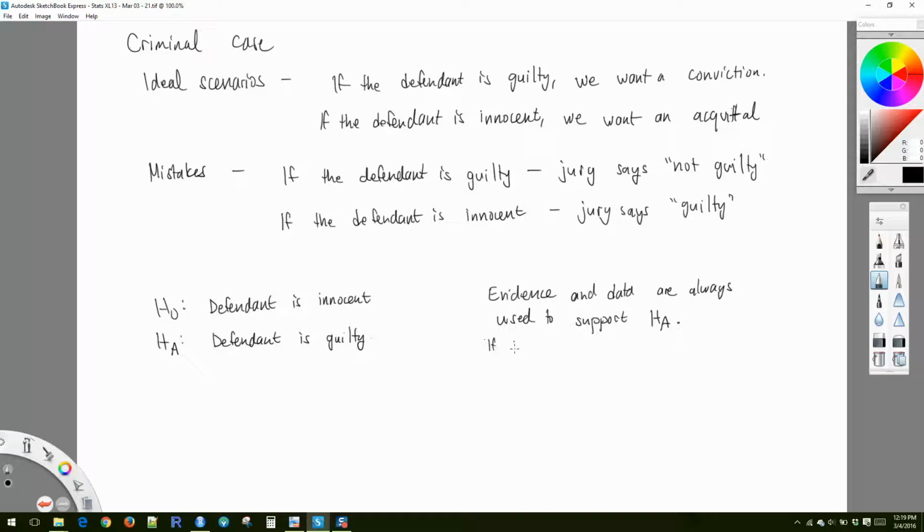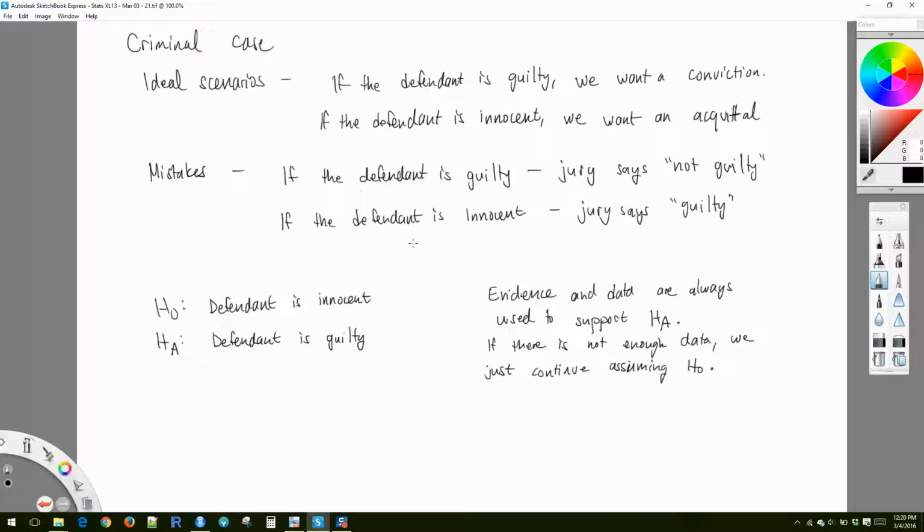And if there's not enough data, or if there's not enough evidence, we just continue assuming the null hypothesis, okay? So that's why we conclude we do not reject the null hypothesis if there's not enough data. Okay, so going back, which one of these is a type 1 error and which one's a type 2